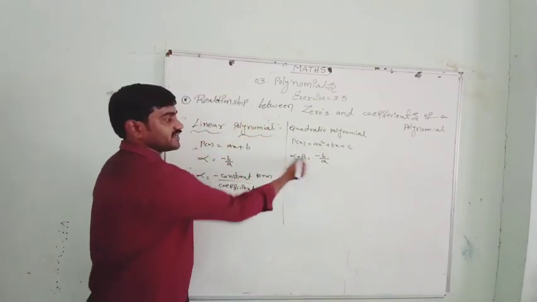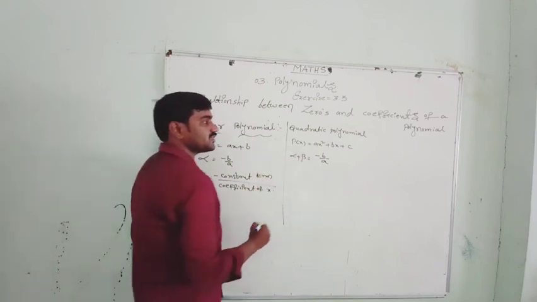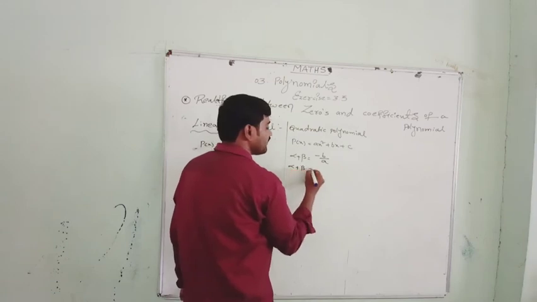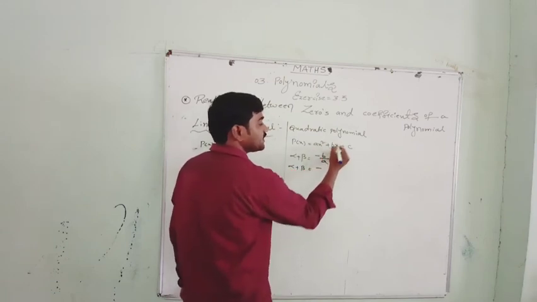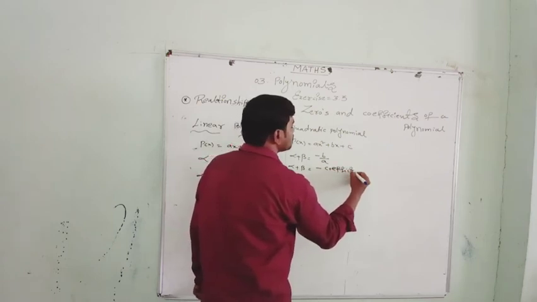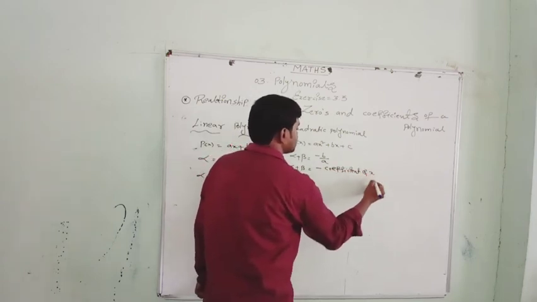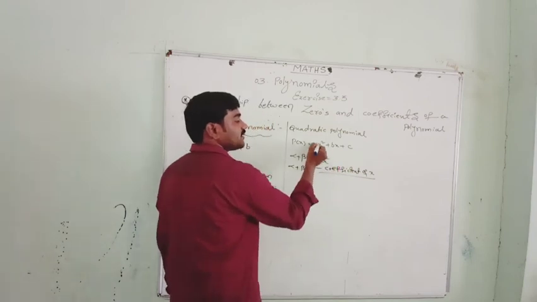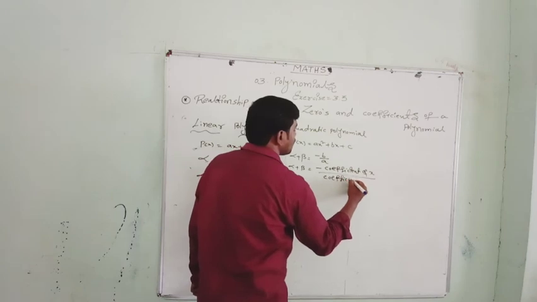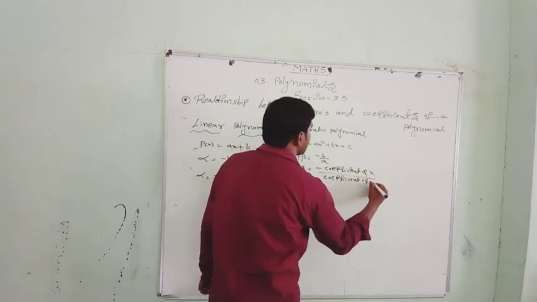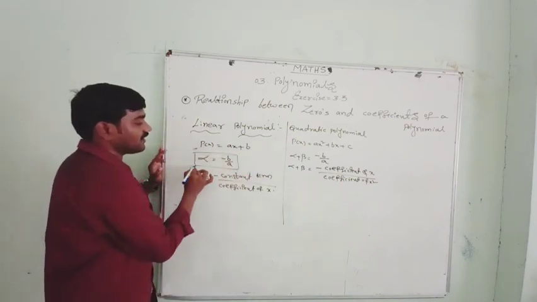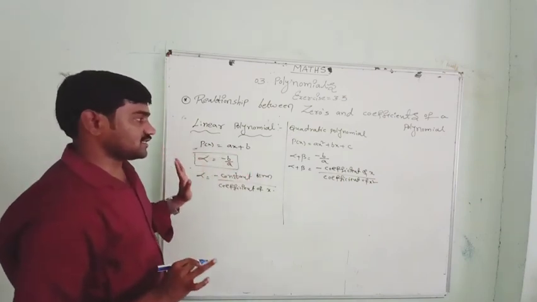See here minus b by a, here also minus b by a. This minus b by a equal to what is the formula actually? Alpha plus beta equal to minus b, where b is nothing but the coefficient of x. Very good. Next a is nothing but the coefficient of x square. Simple. Okay. Here first only one zero, so it is denoted by alpha or x.